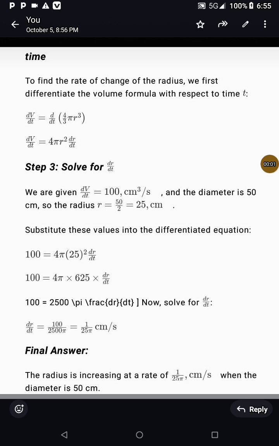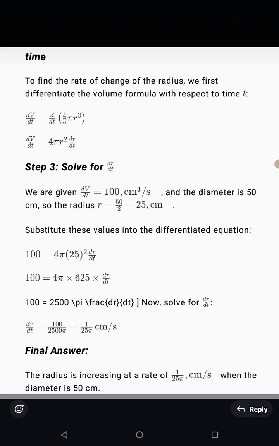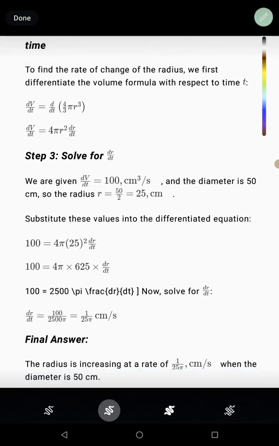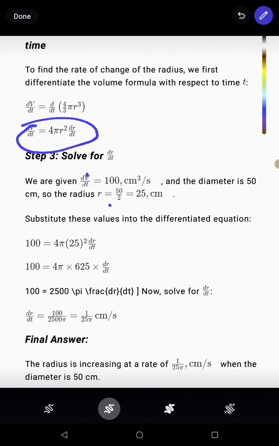Remind me, this is where we are. Now, we are here already. So we said dividing this by 2 because they gave us the diameter, we divided it by 2. And we already had the dV/dt, so substitute it into what we have around here. Put dV/dt equals 100, put radius equals 25, and we want to get the dr/dt. They said we should leave our answer in terms of pi, don't forget. So that will be 100 equals 4 pi times 25 squared, because it is r squared here. So 25 squared, that's 625. 4 times 625, that's